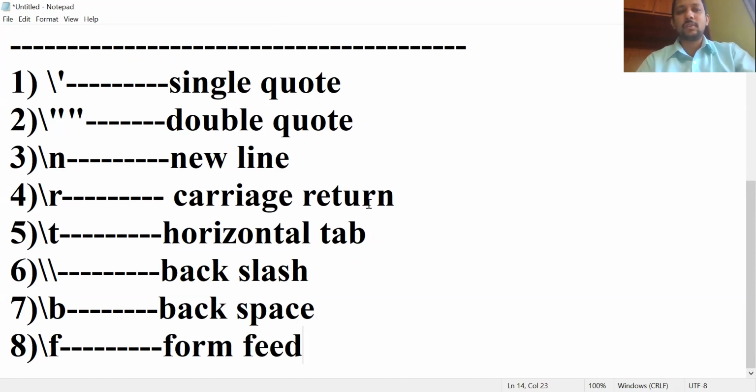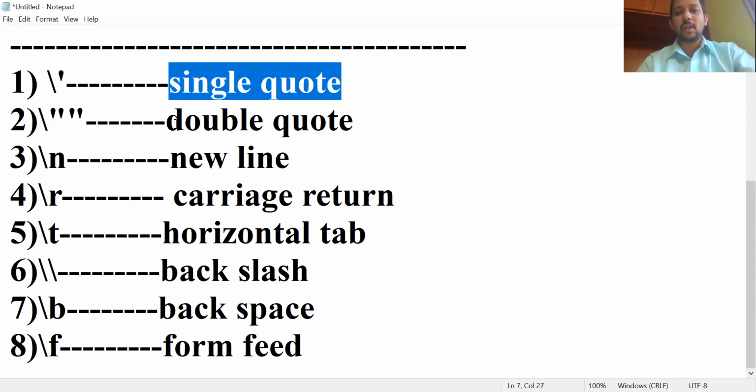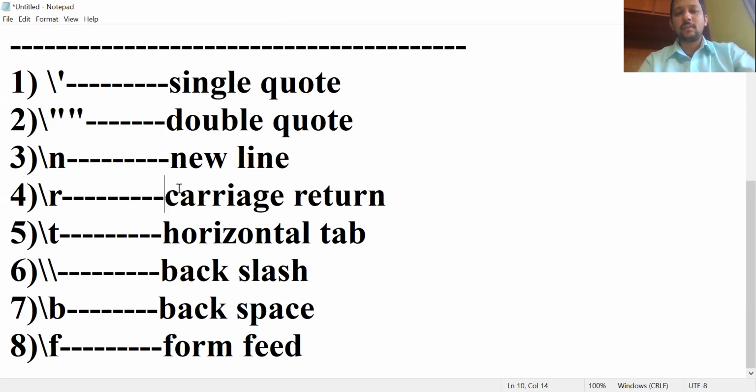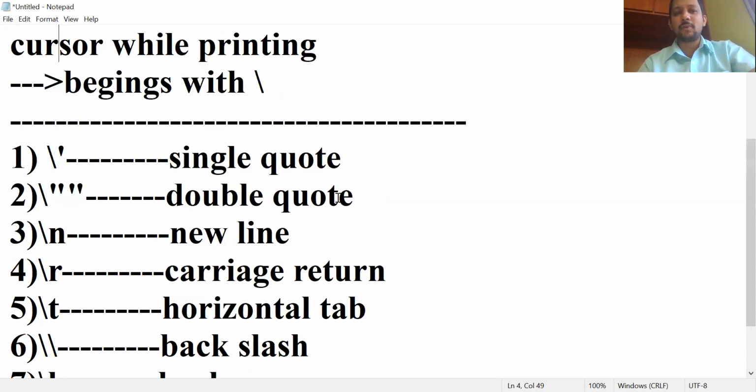So these are the escape sequences available in Java programming: single quote, double quote, new line, carriage return, slash n, slash r, slash t horizontal tab, backslash, slash b, that means backspace, and slash f, form feed.